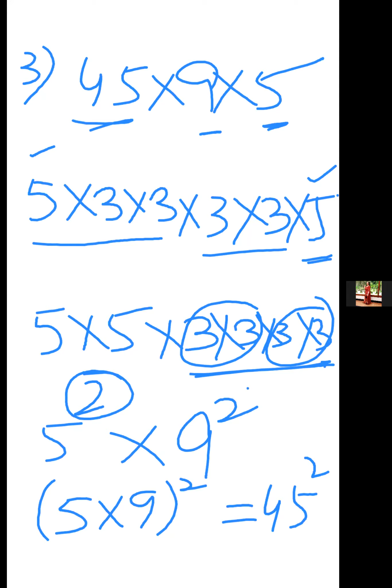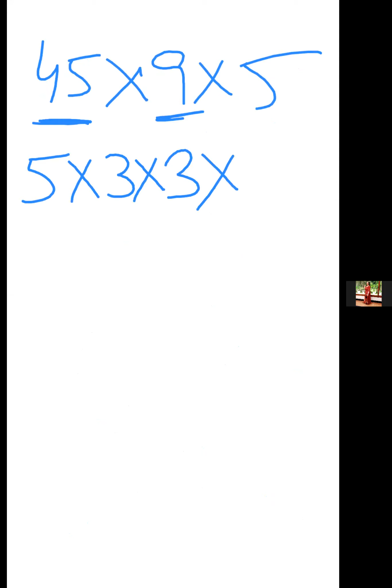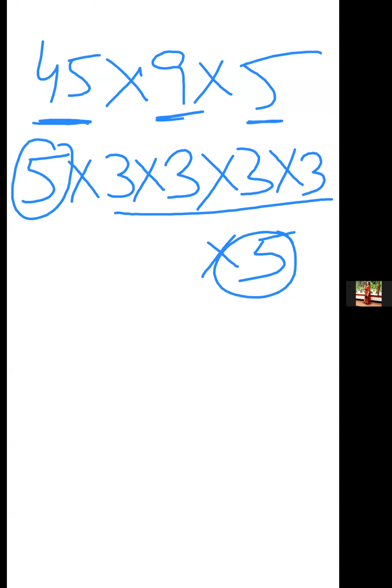See on the screen. दोबारा देखो. अगर मैंने लिखा 45 multiply 9 multiply 5. So first you open 45. 45 को open करो, क्या आएगा? 5 3s are 15, 15 3s are 45. Now you have to open 9. 3 into 3 9 हो गया. Then you have to write 5 only. Okay. Now what are the pairs? 5 come 2 times. 5 दो बार आया है और 3 4 times आया है. तो 5 आ गया 2 times और 3 आ गया 4 times.